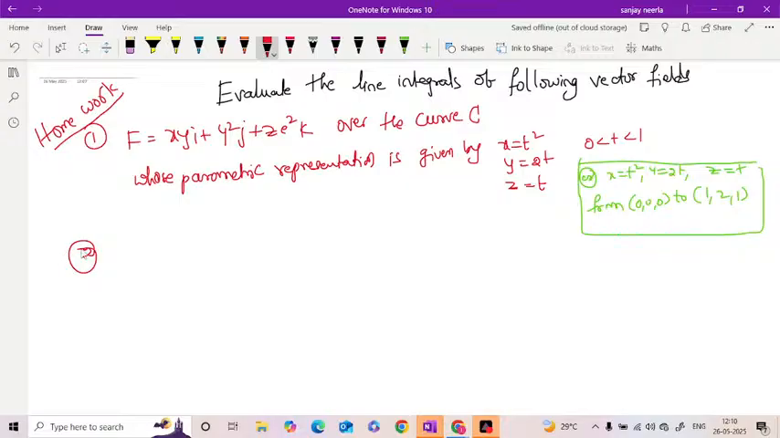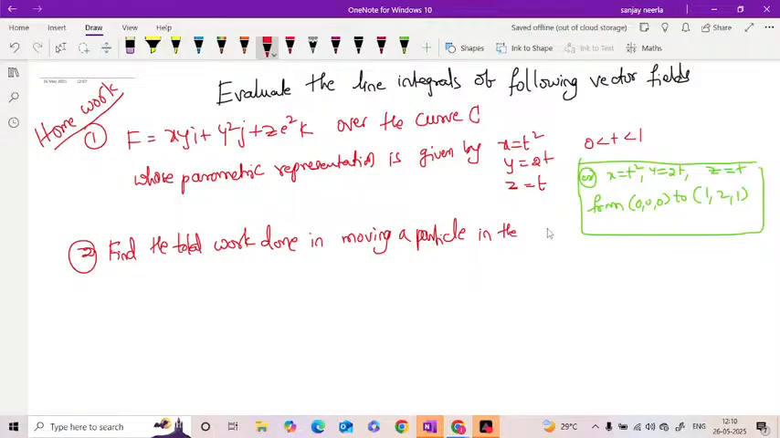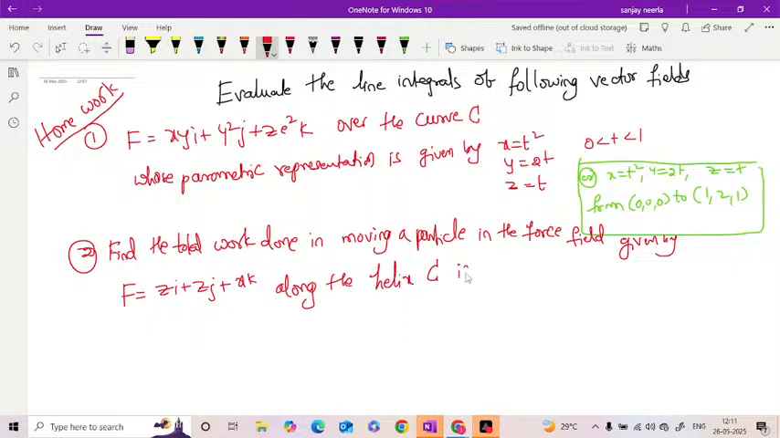Now the second one is: find the total work done in moving a particle in a force field given by F is equal to Z i plus Z j plus X k along the helix C given by x is equal to cos t and y is equal to sin t, z is equal to t, from t is 0 to